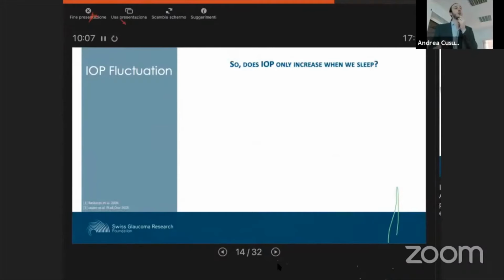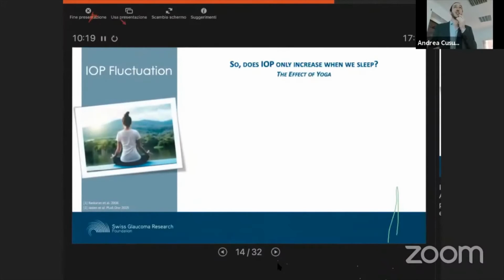But we talked a lot about sleep and body position and when we're lying down at night and all of that. But is that really the only time when the intraocular pressure varies and fluctuates? Well, some colleagues looked at the impact of yoga and yoga position on intraocular pressure. And what they found is this very specific position, if it's coming up,